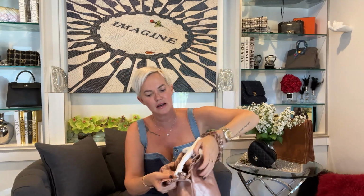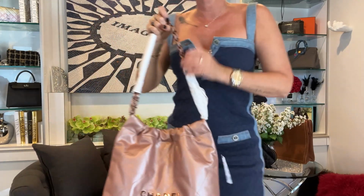And then it has a button here on the side. So you can either keep the button open for easily accessible items, or you can shut it for a little bit more security and a little bit more structure. Although this is a pretty structureless bag, everyone. It is pretty structureless. I think the color on this bag is stunning, and that's why I'm having a hard time deciding whether or not to keep it. Let me show you how it looks